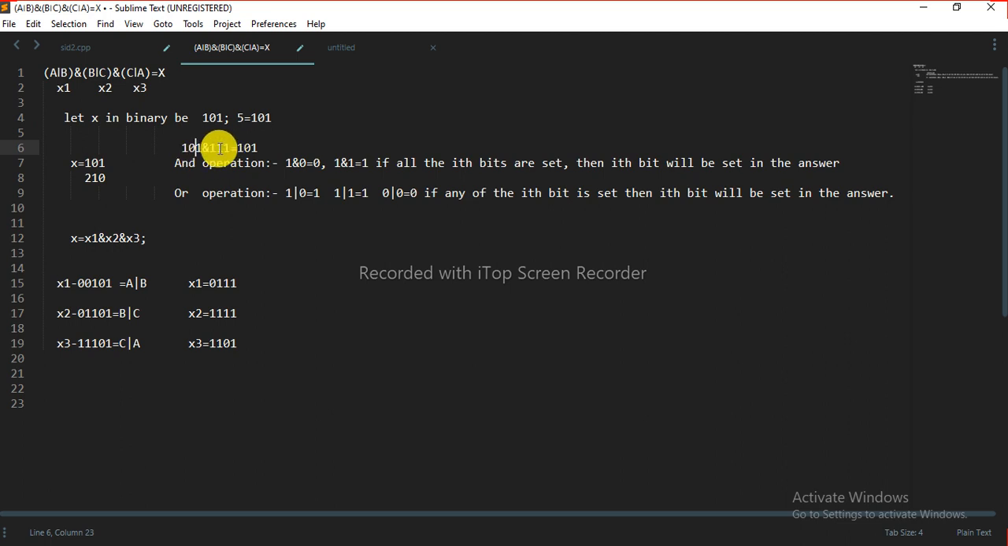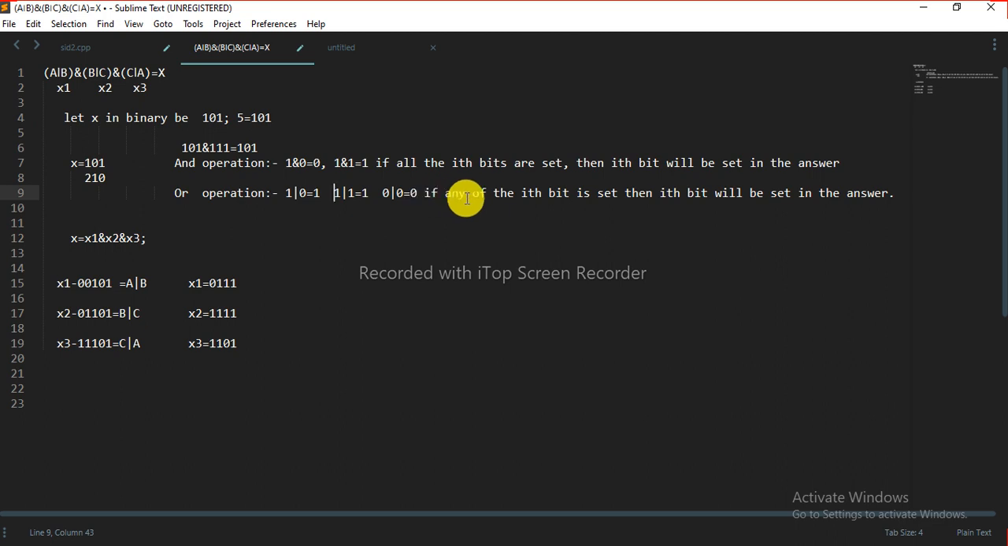First bit is not set in this one. In this the first bit is set, but every ith bit should be set. So in this every ith bit is not set, so the answer is 0. And in this the second bit is set, and in this also the second bit is set, so 1 is the answer. In the OR operation, basically what it does is, if any of the ith bit is set in